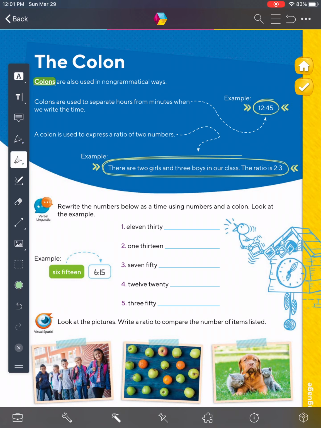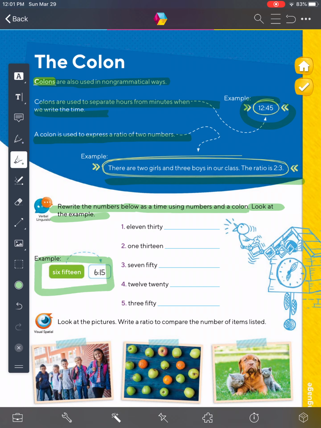And let's read together. Colons are also used in a non-grammatical way. Colons are used to separate hours from minutes when we write the time, as in this example. A colon is used to express a ratio of 2 numbers, as in the examples you have here. Now, on the next exercise, you have to rewrite the numbers below as a time using numbers and a colon. Look at the example. So you have 6:15,